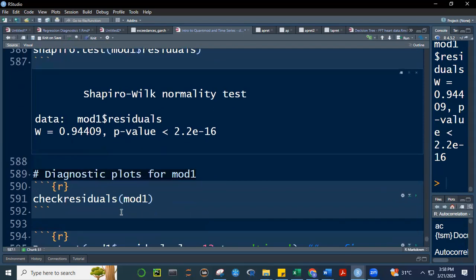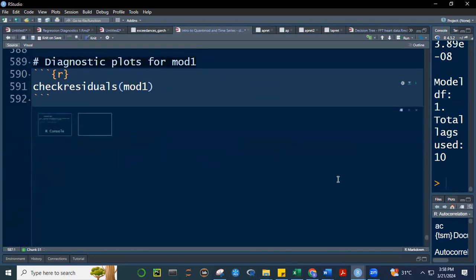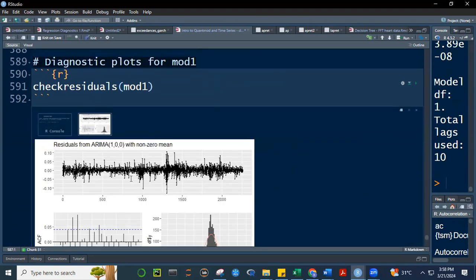And this one is a very good plot, class. No? checkresiduals model 1, kasi it puts into one, okay? Pinagsama niya yung mga plots dito. Tingnan natin. Ayan, tingnan nyo, class, yung plot na to. Andito yung residuals, okay? This is the residuals of your ARIMA(1,0,0) with non-zero mean. Ito yung residuals ng model natin, di ba? And you can see here, may mga volatility clustering. Okay? Maganda sana, class, kung white noise lang to, which means dapat yung residuals natin,